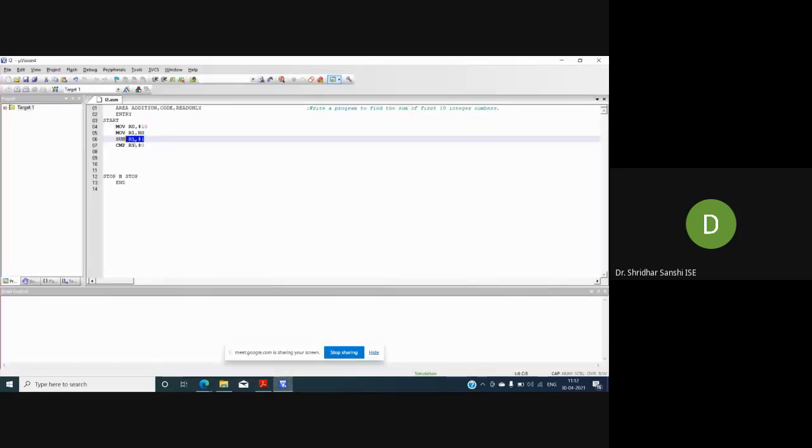To update it, I have to specify the character S here, so SUBS. If I specify this, then if the result is 0, that particular flag bit will be set to 1. Any doubt here? Okay. If we don't specify S here, then that particular flag will not be set. Only if I specify S will the corresponding flag value be set when the result is 0.